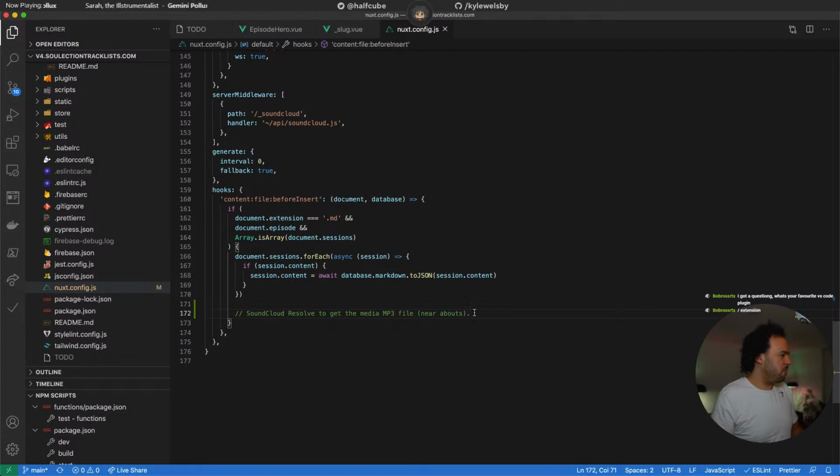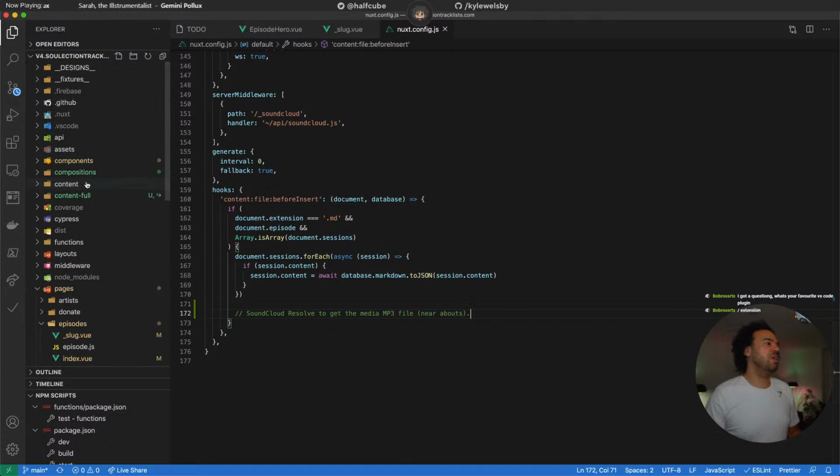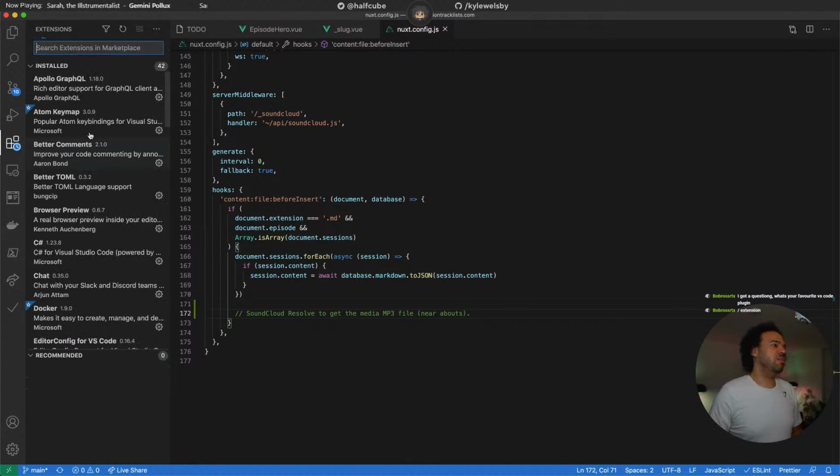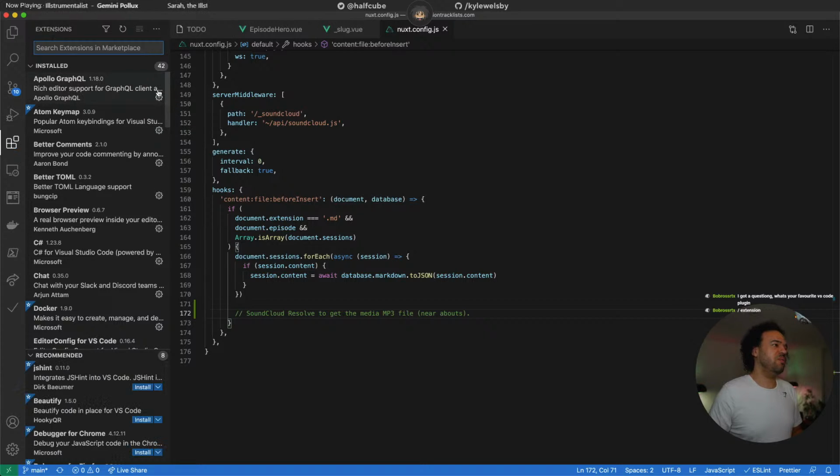I know Bob Ross, you've got a question about what's my favorite code plugin. Ooh, I've got loads of plugins. Let's quickly show what we've got installed. I've got 42 of them. The ones which I will always install